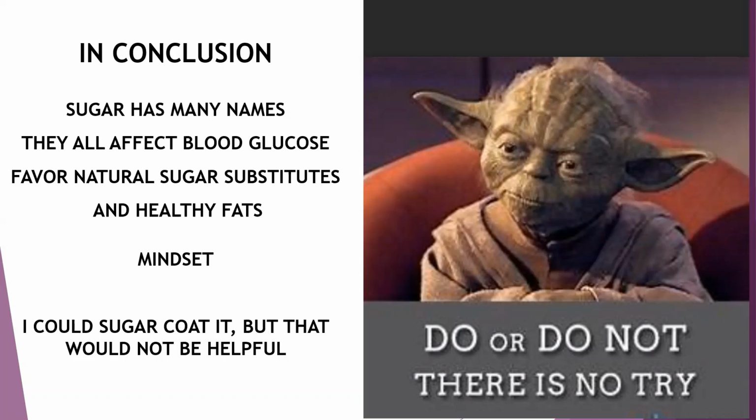So like I mentioned last week, we can have any foods at any time. However, we choose to eat certain foods because they make us feel a different way and they help us achieve our goals. Now that goal can be weight loss for some, for others is better health or better quality of life. For others, improving mood and stress management. So it all varies, but different foods make us feel a different way. And like I mentioned, it also stimulates or decreases our appetite. So the mindset is basically the secret in changing from looking at diets as a fix for weight management and looking more towards lifestyle approaches and a long-term